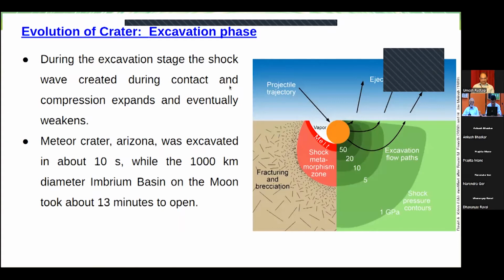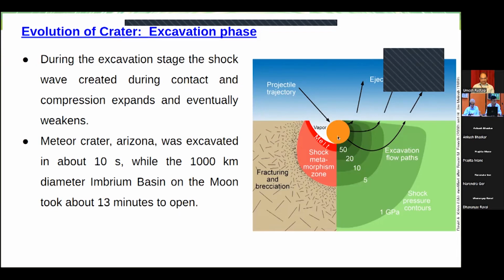Next we have the excavation phase, which is also very short lived. This is happening in the blink of an eye. The first contact and compression is less than a second, very fast. Whereas this excavation phase is around tens of seconds, or it can change to a few minutes, depending upon where the crater is forming, on the Moon or Earth or another planet. But this is also very fast. In this you can see